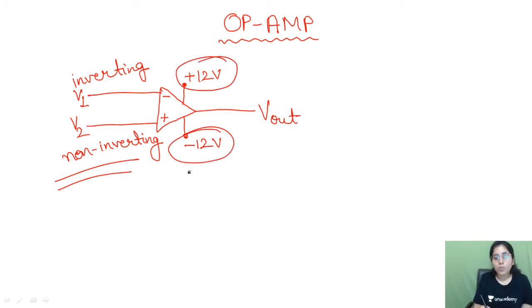Let's say we have the plus and minus values shown, and that is the saturation voltage. What do we mean by the saturation voltage? Let's talk about that point. It tells you that you can't have the output of this op-amp more than this value, which means it cannot give you 15 volts at the output side. The maximum output voltage you will get will be what? 12 volts.